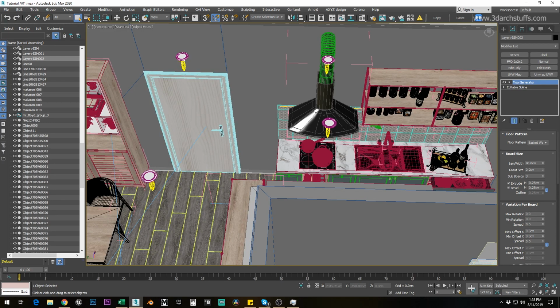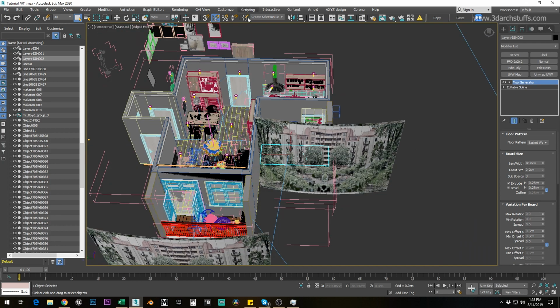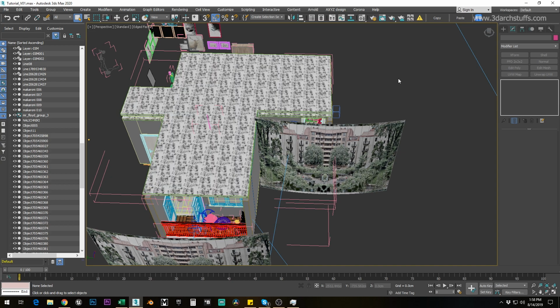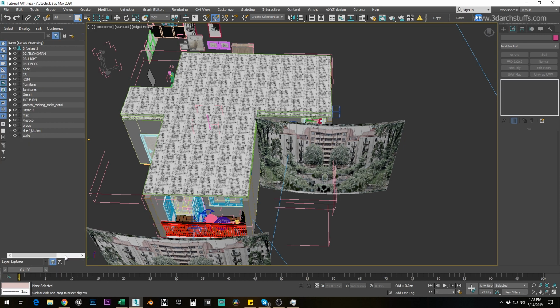So I have cross-checked all the surfaces that have been modeled with the help of floor generator. After that, I will arrange every object according to the layer. So I will go here in the layer panel and switch this to layer explorer. Then I will go to selection filter, click geometry, and then Control A,